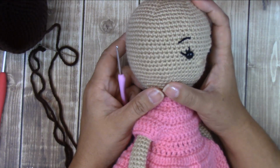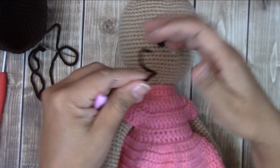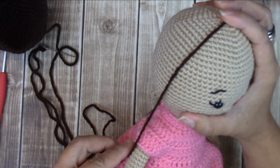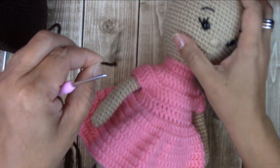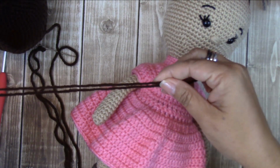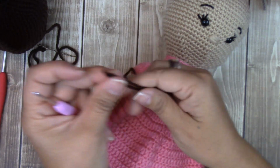But let me just show you how to attach it. So I'm going to grab a strand of yarn, and the way I measure is I'll put it like here to the top of her head and then measure down. If I want her hair to be here, then I'll go like this and then double it and then cut the strand like that. All right, this one's going to be a little bit longer. So what you're going to do is bring these two ends together,